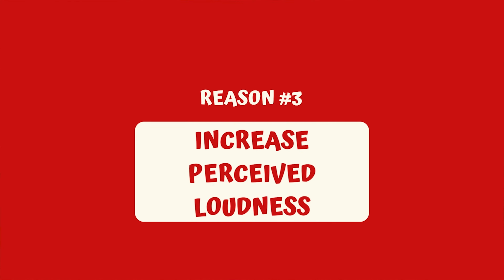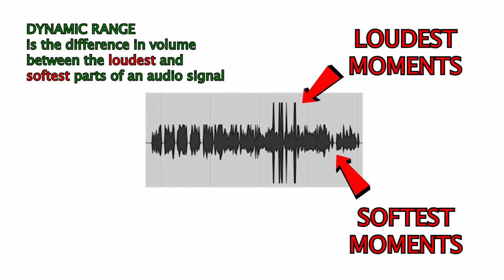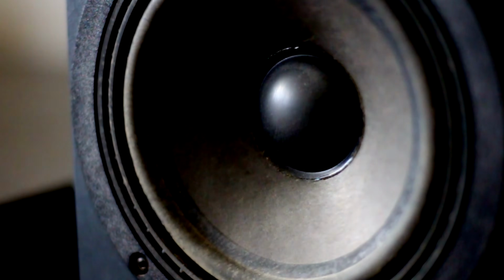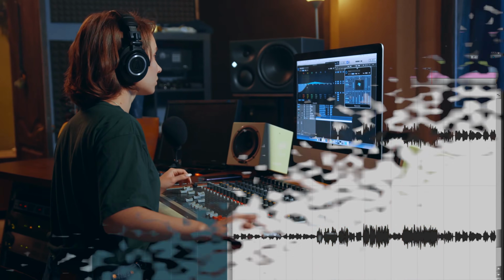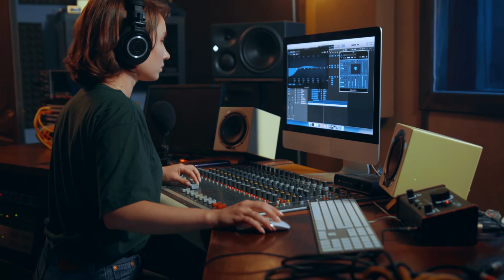And the third reason is to increase perceived loudness. A limiter can increase perceived loudness by reducing the dynamic range of an audio signal, which can make it sound louder without actually increasing the peak level. In addition, limiting can increase the average level of an audio signal by reducing the level of the loudest parts. By bringing down the level of these peaks, the overall level of the signal can be raised without causing distortion